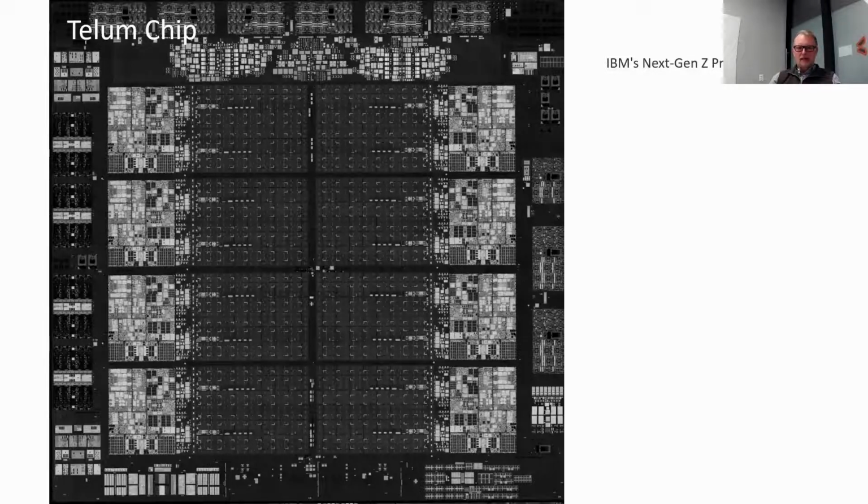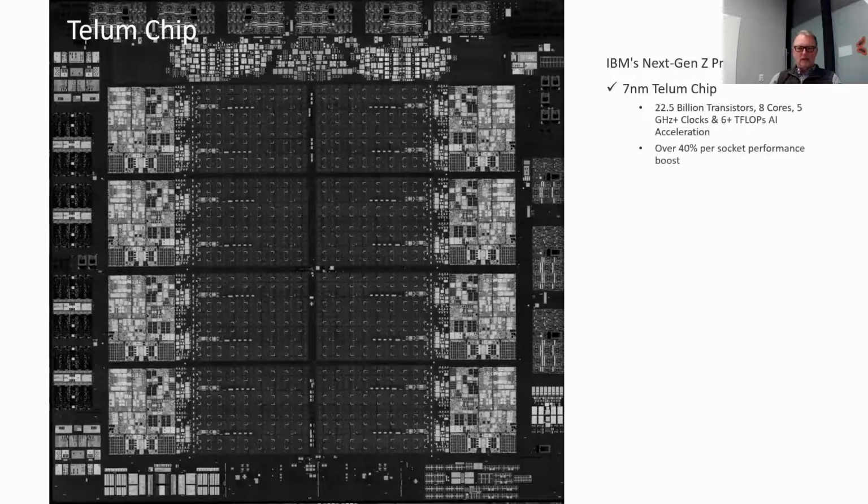It is a 7 nanometer chip. 7 nanometers refers to the size of the transistor that's on the chip. There are 22.5 billion transistors on the chip for this new system, and they're 7 nanometers long, each one of them.